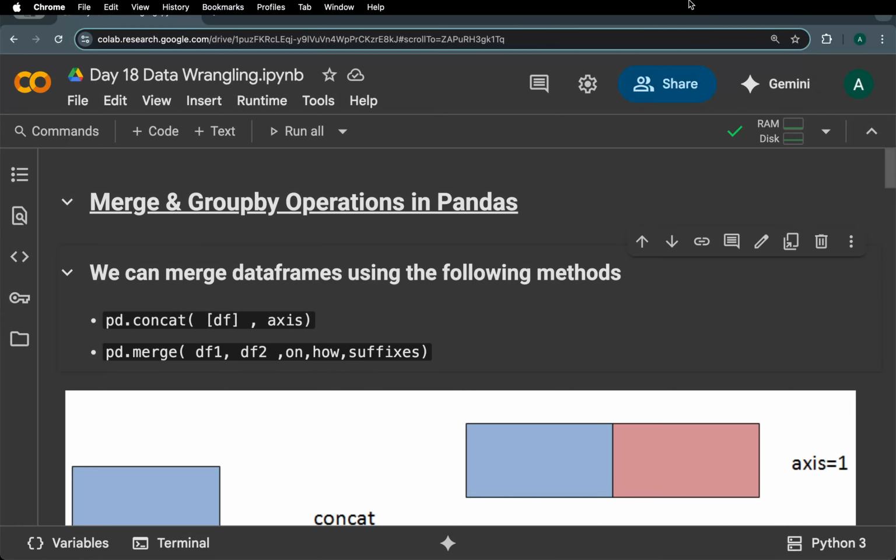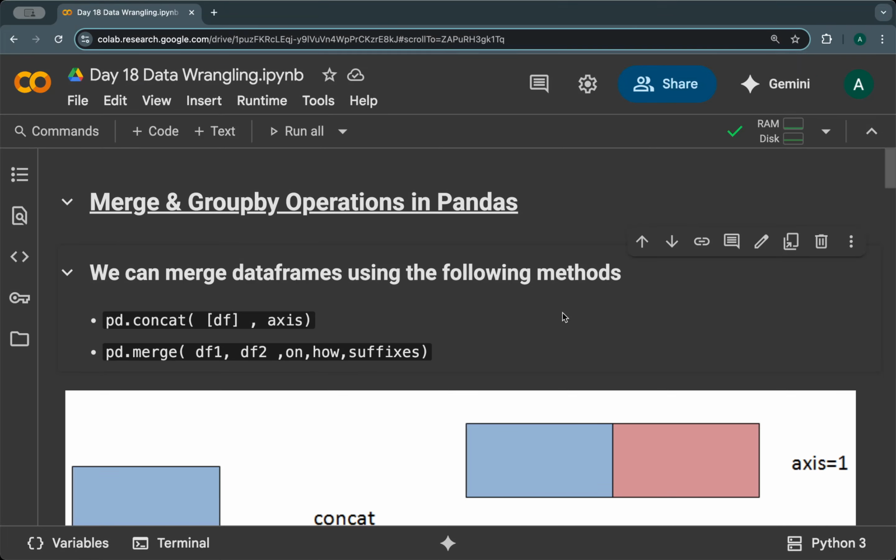Hello everyone, this is Abhishek Mishra and today we discuss data wrangling, and this will be your day 18 related to Python basics. Today we discuss a few steps, a few techniques which we can use in data wrangling. So the first thing will be